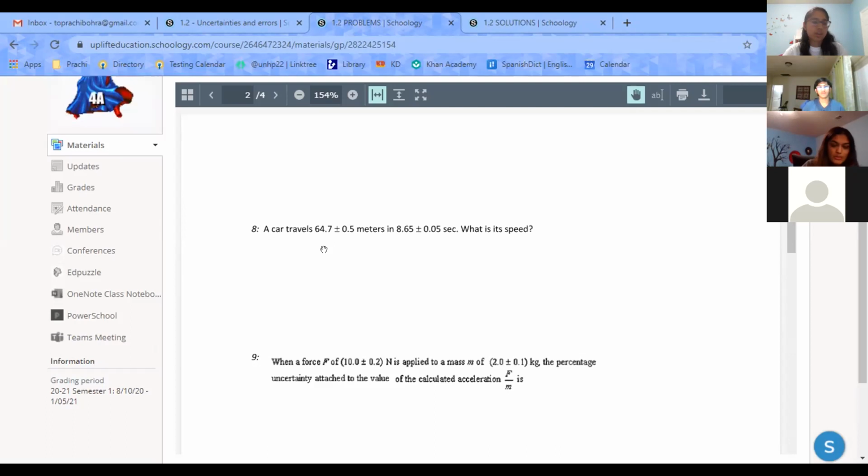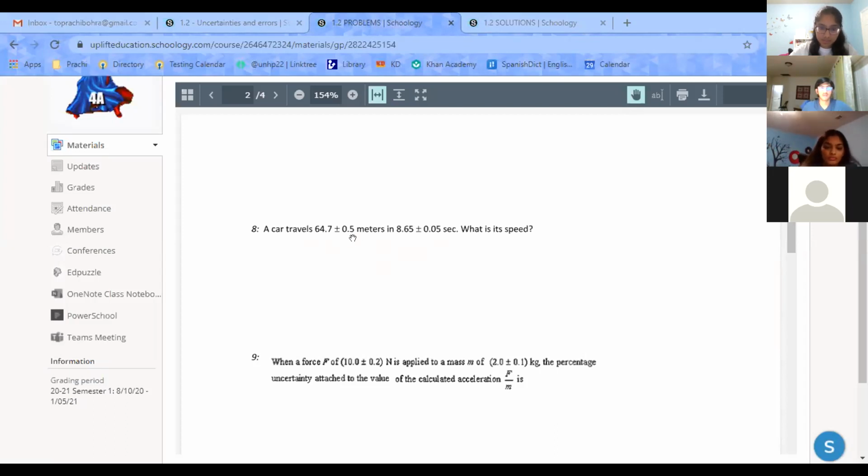First you would just divide the regular values. So you would do 64.7 over 8.65, and I think that gives you 7.48. Because when you multiply or divide, you go with the smallest number of sig figs, right? So you would stay with 3 sig figs, and you would get 7.48 for just the value. And then you divide this uncertainty by the value, right? And you would get about 0.0077. I didn't really round while I was doing that. I kept the values as long as I could without making it too complicated.